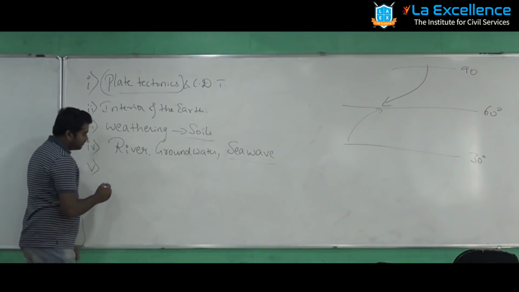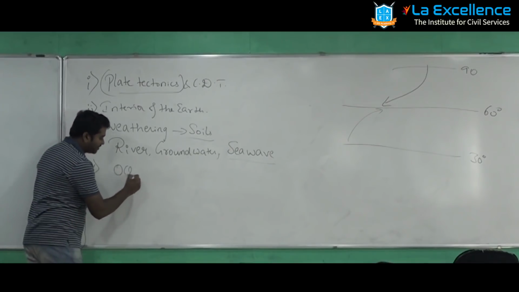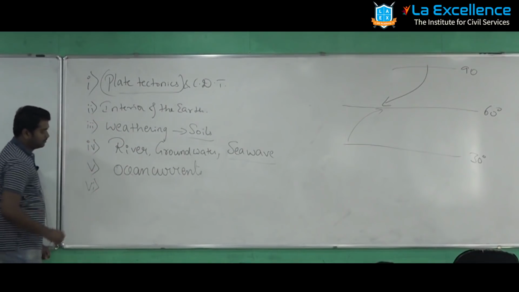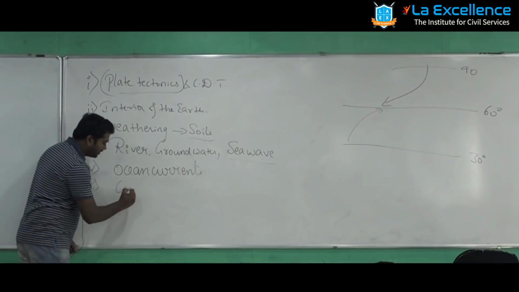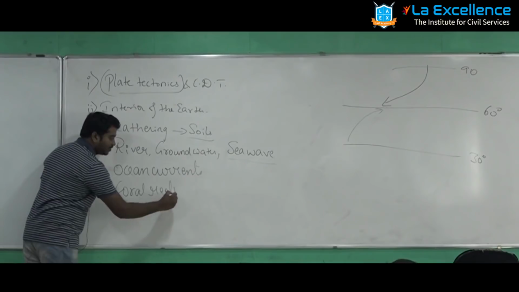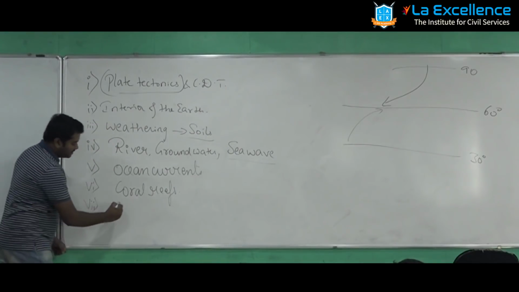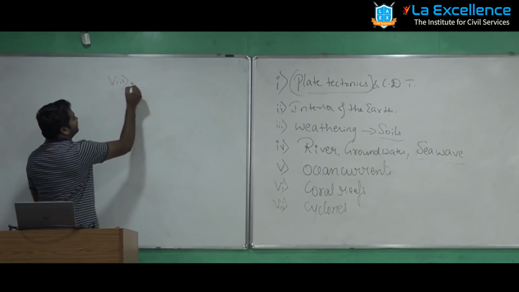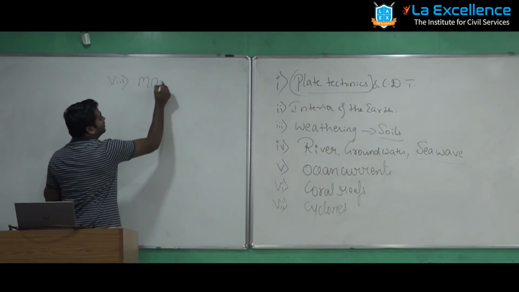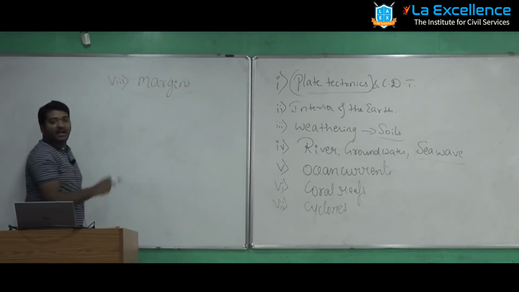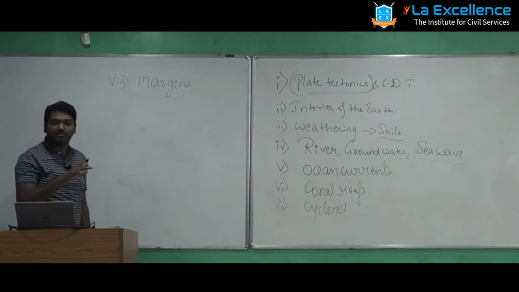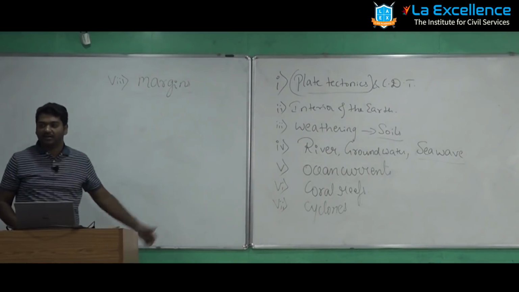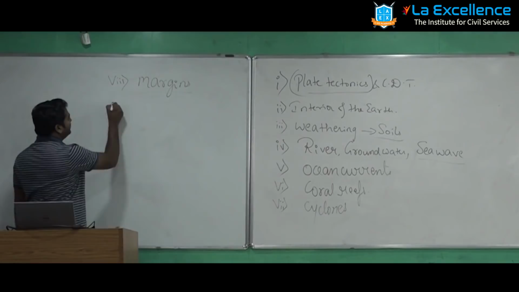oceanography. They will ask you about ocean currents. This year, coral reefs. These are all mains. Cyclones. Margins. Here they may ask you about the Pacific, Atlantic and Indian Ocean differently. Pacific alone they may give you for 10 marks or 12.5 marks. Continental slope, shelf and all. Then